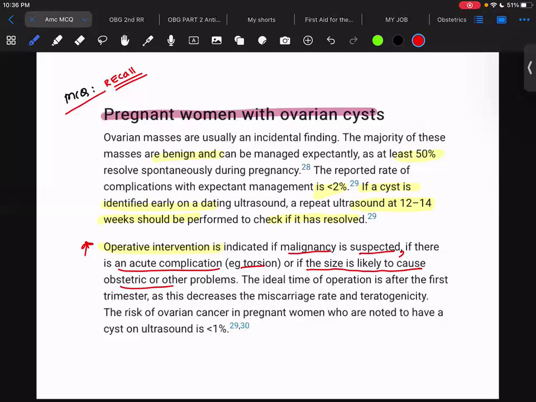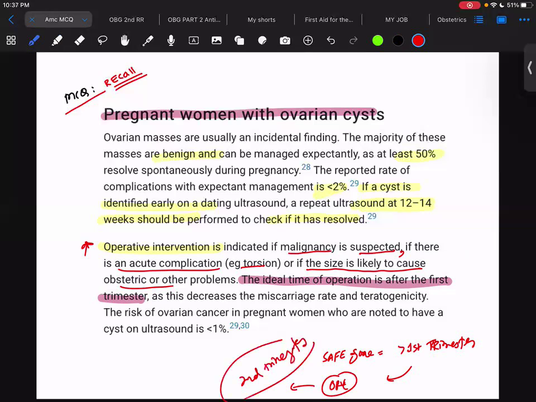The ideal timing of operation, very, very important for the exam, is after the first trimester. There is a guideline which talks about the safe zone, which is basically after the first trimester. So the second trimester is the best time where we can go for operative interventions, oophorectomy, or